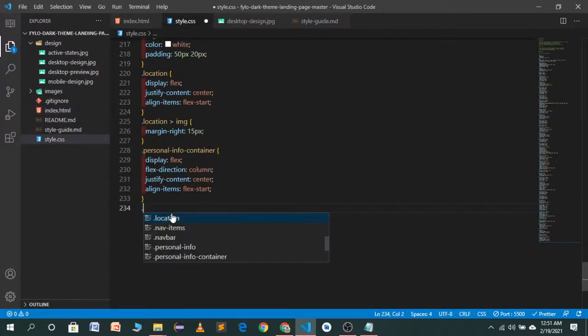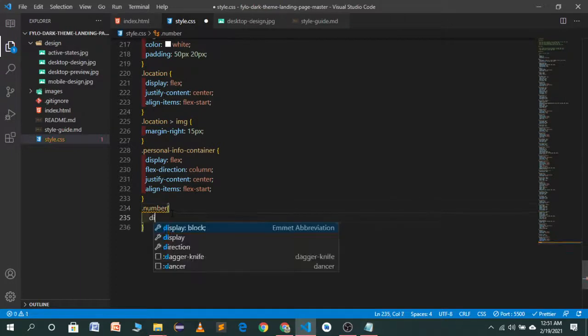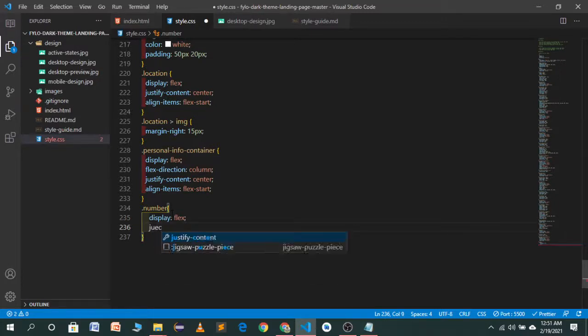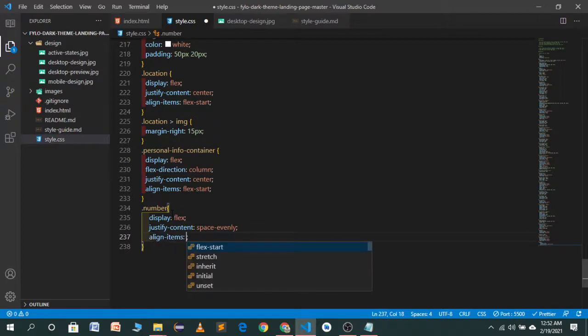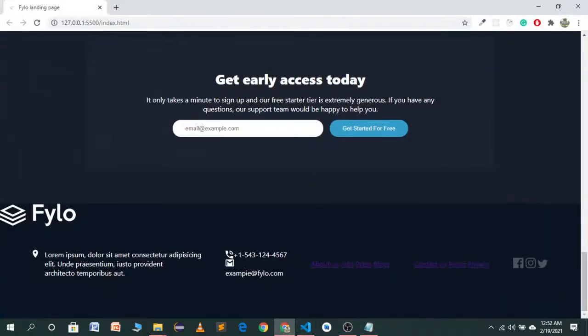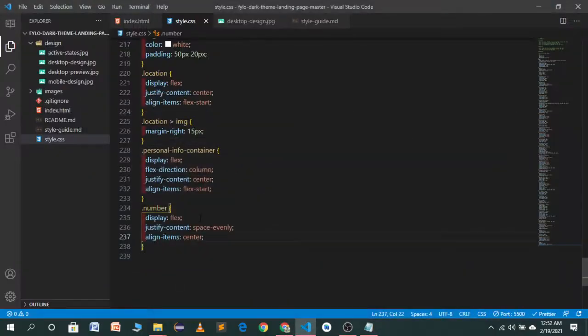So let's target number and use display flex, justify-content space-evenly, align-items center. Let's see how it looks. You will see it's looking good. Now we will also target email and save it.